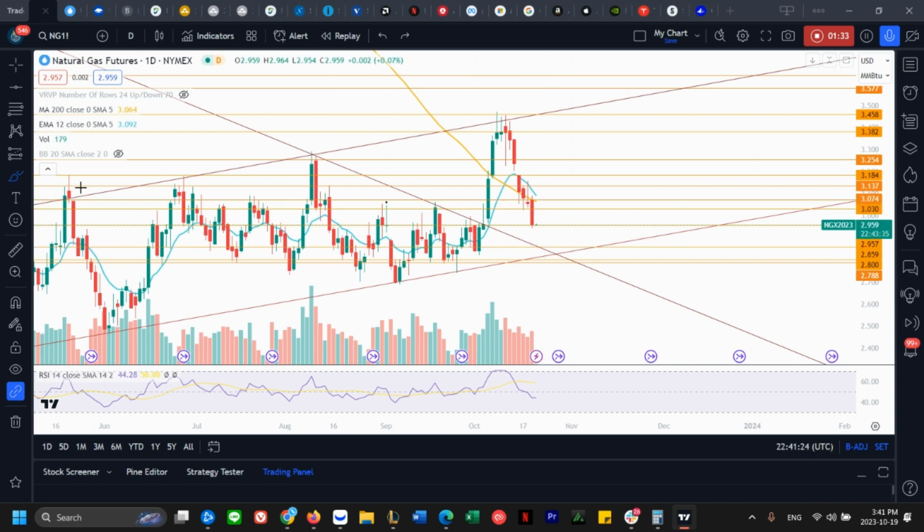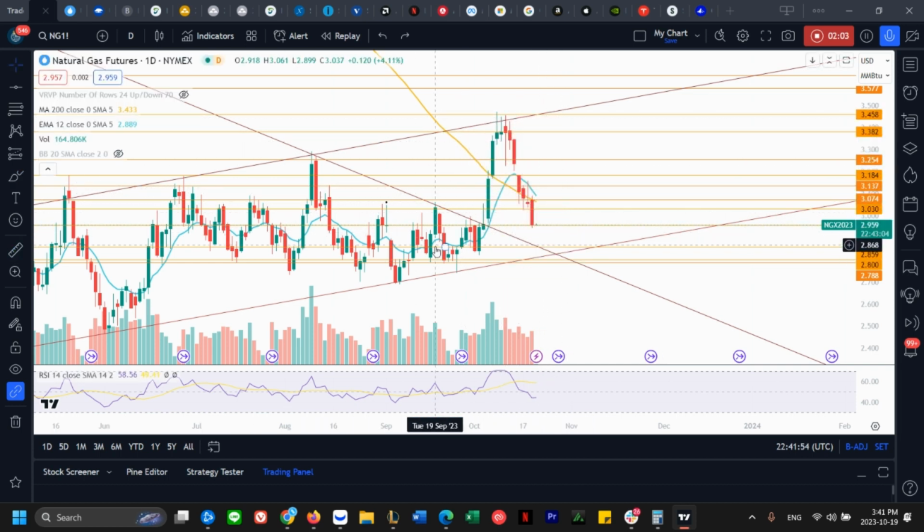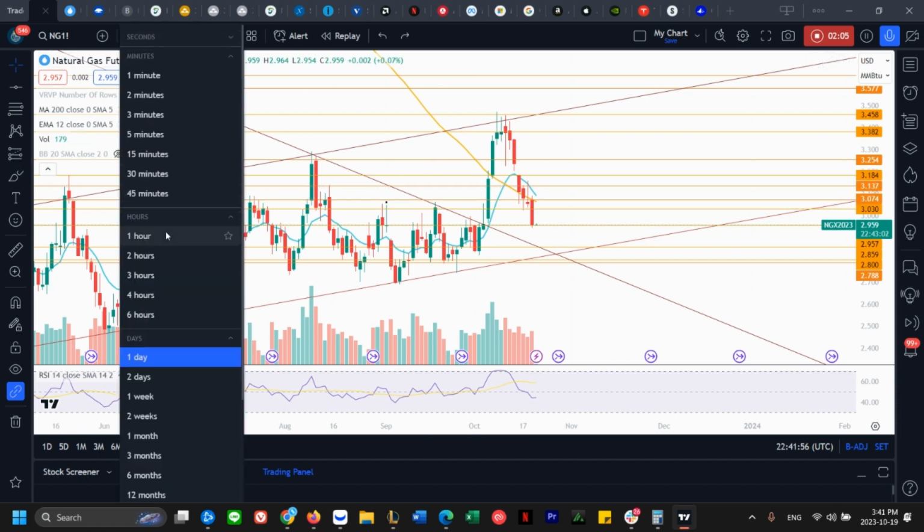Funny and interesting is that we are now in a daily downtrend because of this little pivot here. So this was the bounce. This is where we're supposed to bounce off at $3 support and head higher for potentially a daily lower high being set, and pretty much we set it right away on the same day, and that was it. Now we have a daily downtrend back to the bears after breaking that $3. Definitely a big win for the bears at the moment, 14% down, and no signs of a slowdown yet